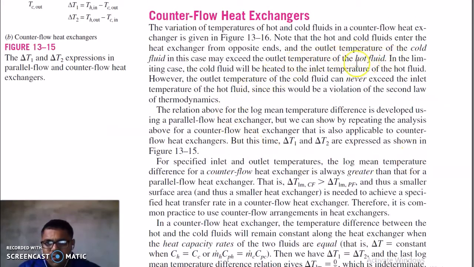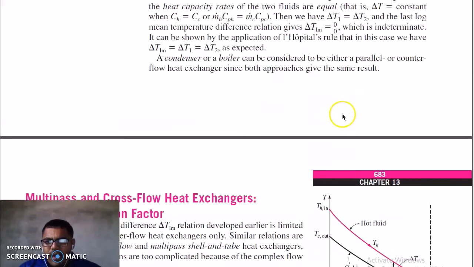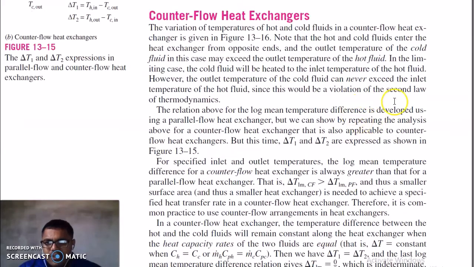Note that the hot and cold fluid enter the heat exchanger from opposite ends, and the outlet temperature of cold fluid in this case may exceed the outlet temperature of hot fluid. You can see this is the outlet temperature of cold fluid, which is more than the outlet temperature of the hot fluid, but it never can go beyond the hot fluid inlet, which would be a violation of the second law of